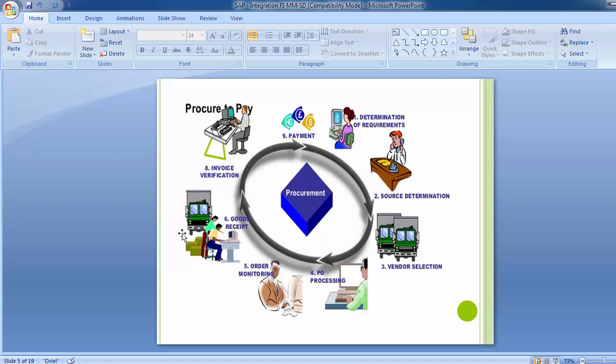In this part, payment processing is made to the vendor, and the payment can be made after the payment terms mentioned in the purchase order, with manual or automatic processing of the payment. Once the payment is processed, the check information is provided to the vendor and the payment is credited to their account, or a manual check can be prepared and sent to the vendor. So this is the whole cycle from procure to pay.